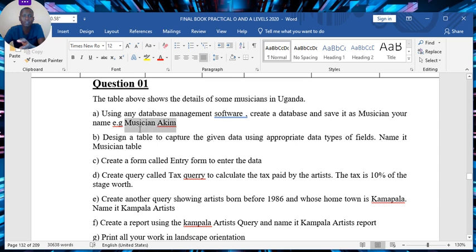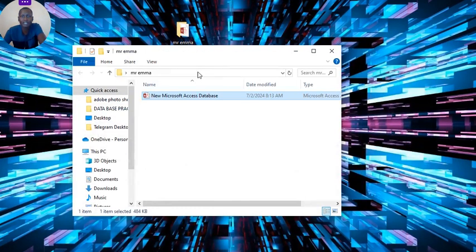So we are going to create a database called musician, then your name. For example, for me, I'm going to use musician Akin. So what follows here is I go to my